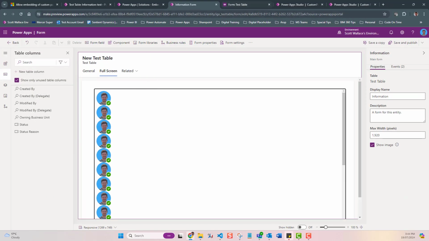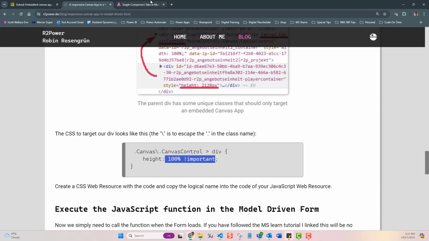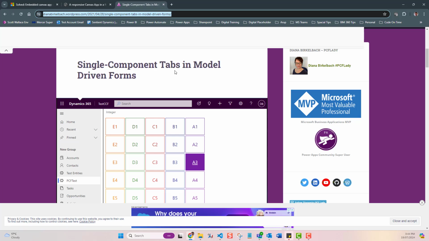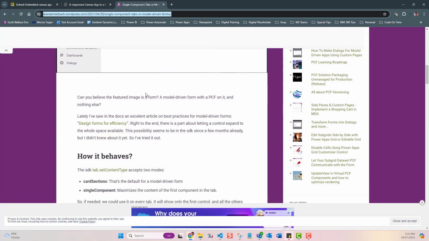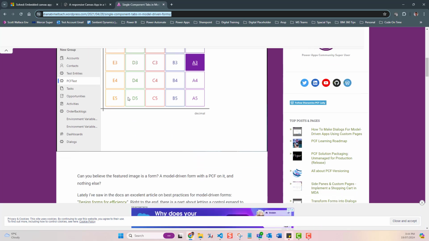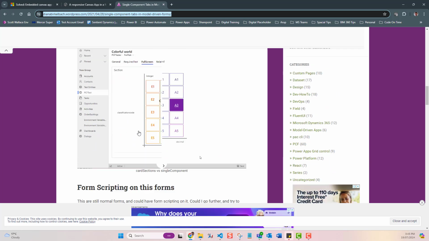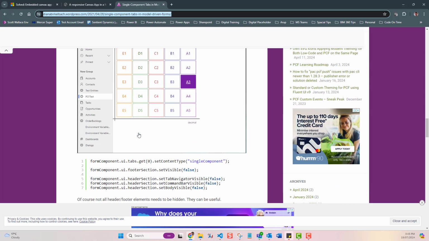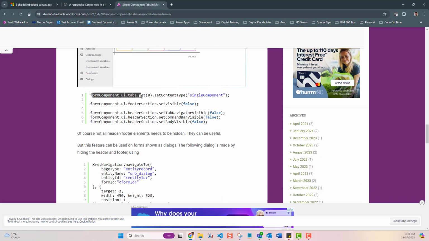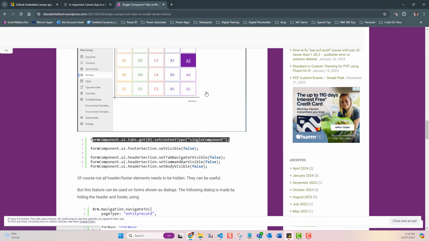And what I found was a second blog where it's this single component tab in model driven forms. So basically you have a tab in the model-driven form, and you just put one field on it and one section on it. And then you only have this one line of code, which is this one: form component get tab, set the content type to single component. And what that does is it